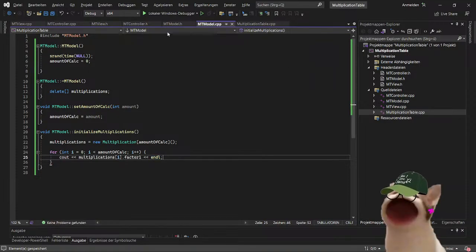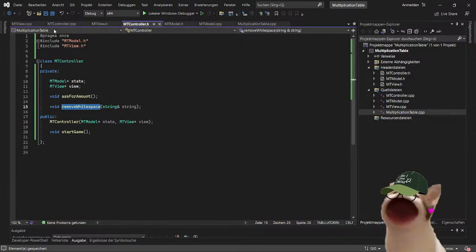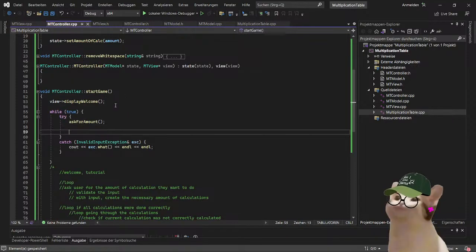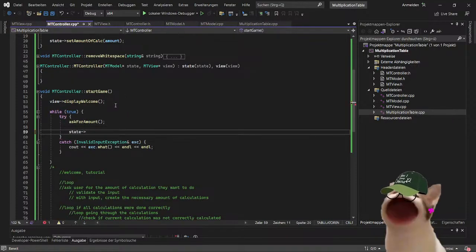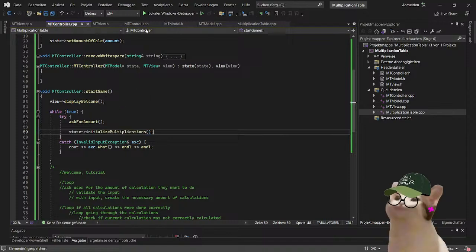So basically now if I go here, and now I would just do state initialize multiplications, I should be seeing, let's hope,